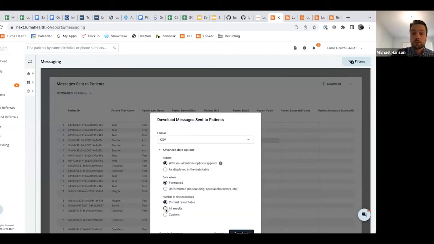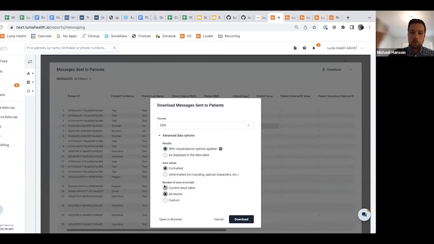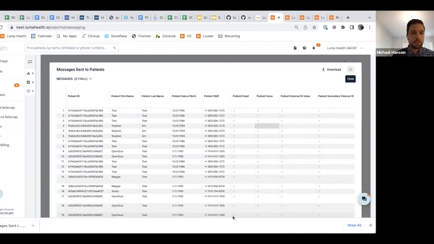What you can do is usually come here and click on all results or custom. I just want the first 5,000 rows or the first 2,000 rows. If you click on all results, it will again go back to the data warehouse and grab all the data for your messages. So if I click download, again, it's going to go to the data warehouse, grab all the results, and download this data. And apologies, my connection may be a little bit slow. And I have it here, and you can open it in whatever